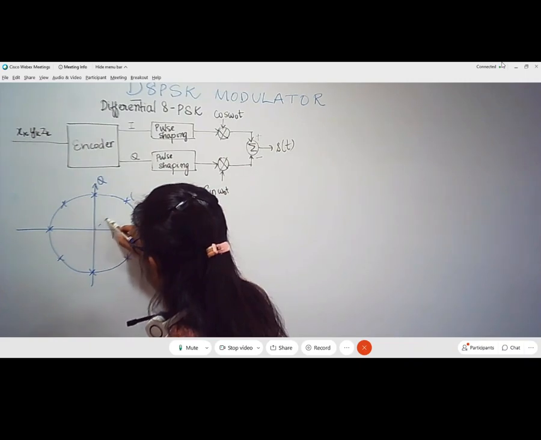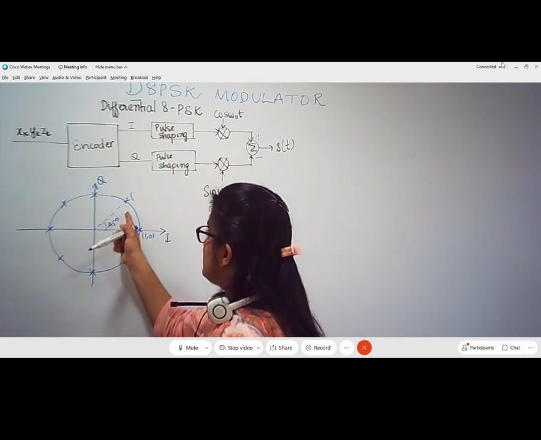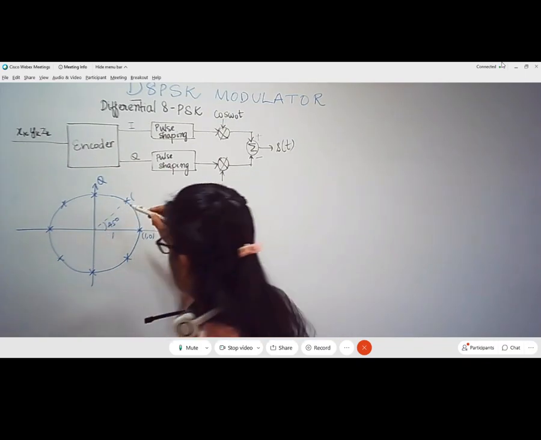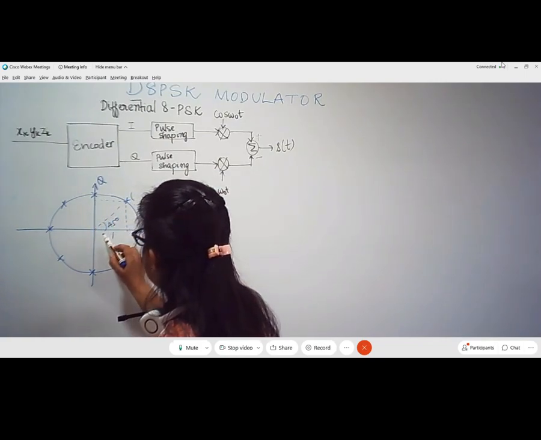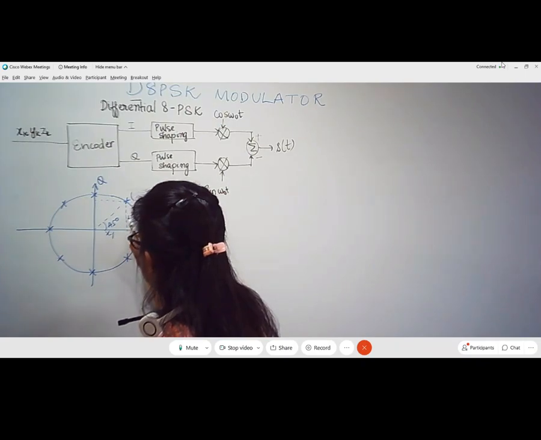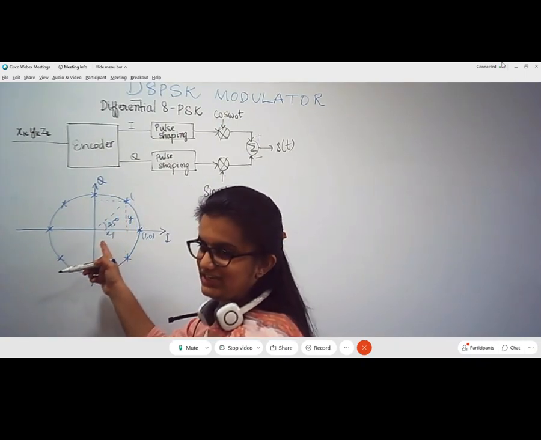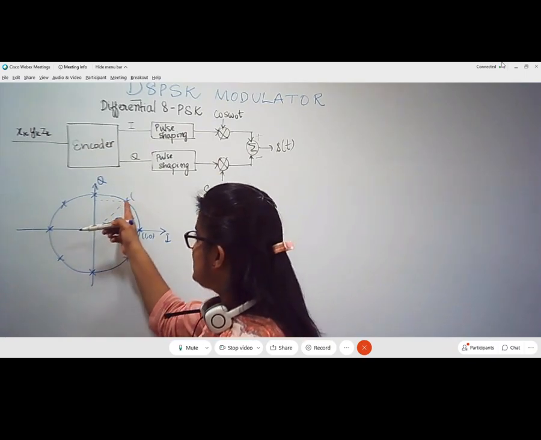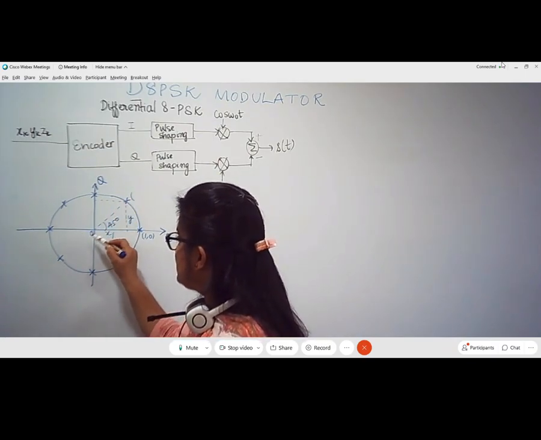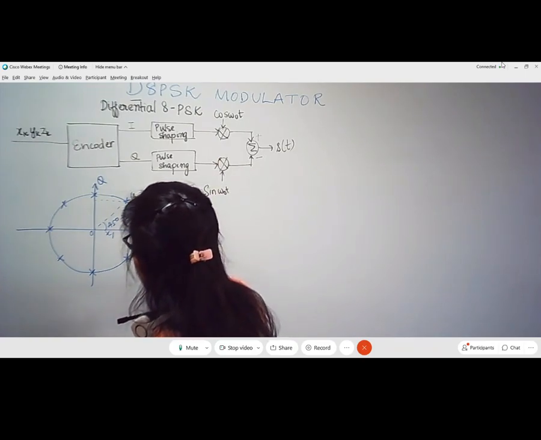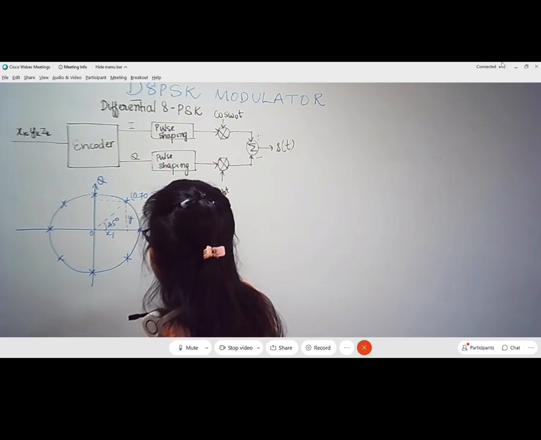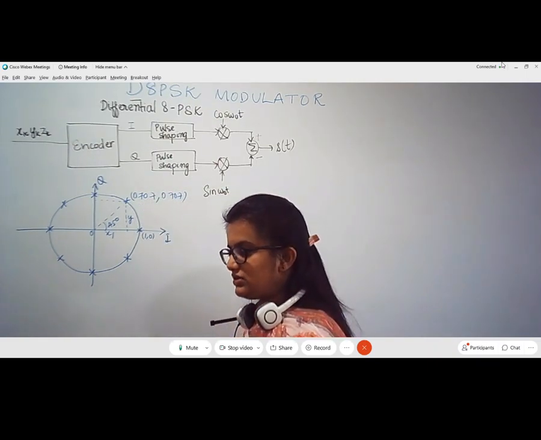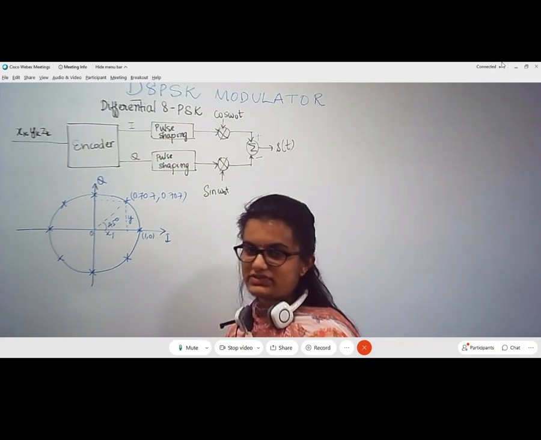This one would be exactly 45 degrees. So for this 45 degrees, if you want to recognize what the I and Q values are, drop a perpendicular from this. So now you can calculate what the x value and y value are from this projected line. Since the angle subtended by this point at the origin is 45 degrees, x comma y will be 0.707 comma 0.707. Both the values will be equal to 0.707 and 0.707.